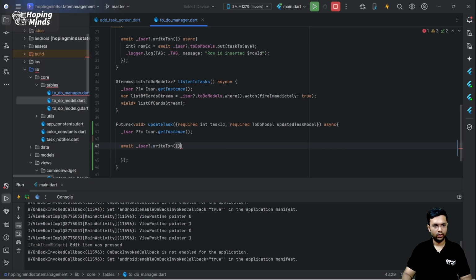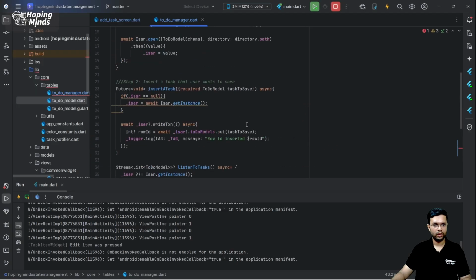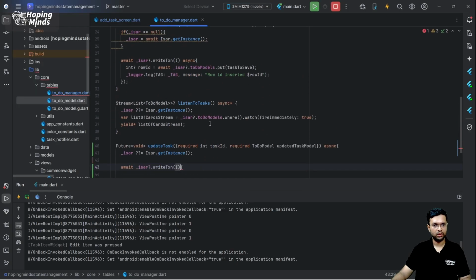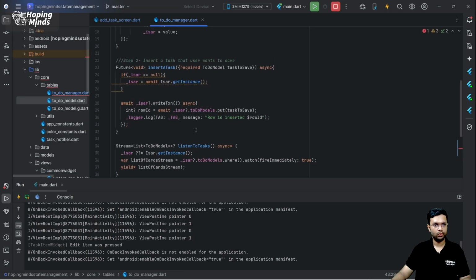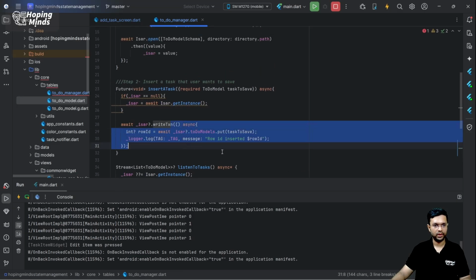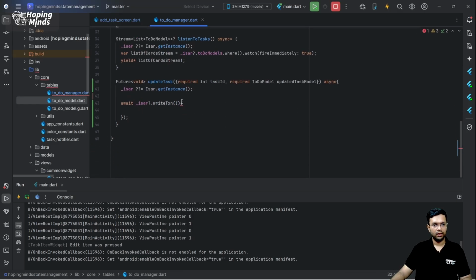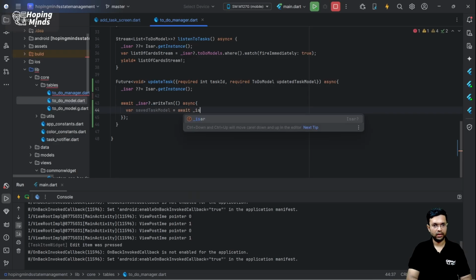Now, do you remember this write transaction which we are trying to do over insert, that is over here? Now what I'll try and do, first I will try to get the saved task model. And how do I get that? From my ISR